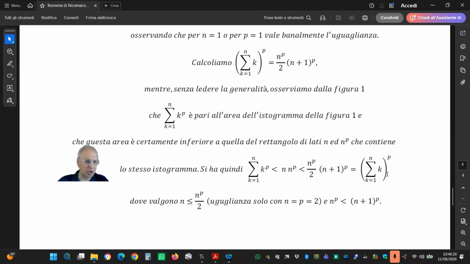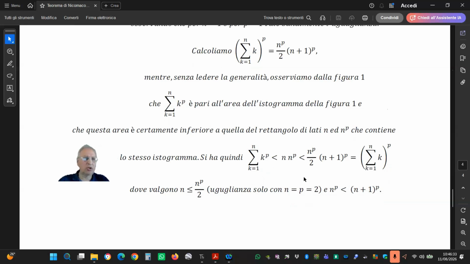And in general, we can say that with this technique, one can demonstrate what the ratio is between the sum of k raised to the power of p and the Gauss sum raised to the power of p. Okay? The very last consideration is that this inequality is very important, but it must be proven when p is actually less than 1, between 0 and 1. And it takes on a considerable importance in many fields of analysis. But it is a different case from